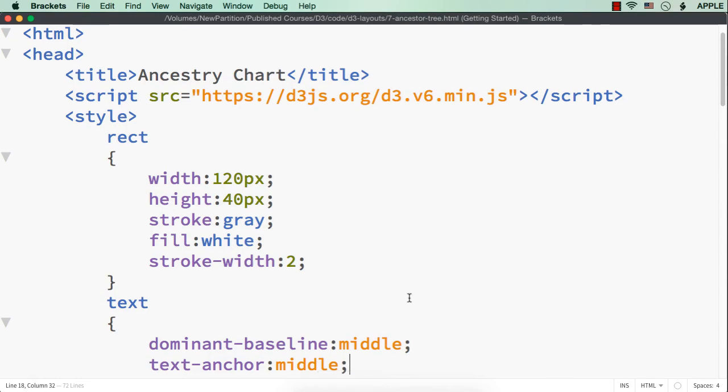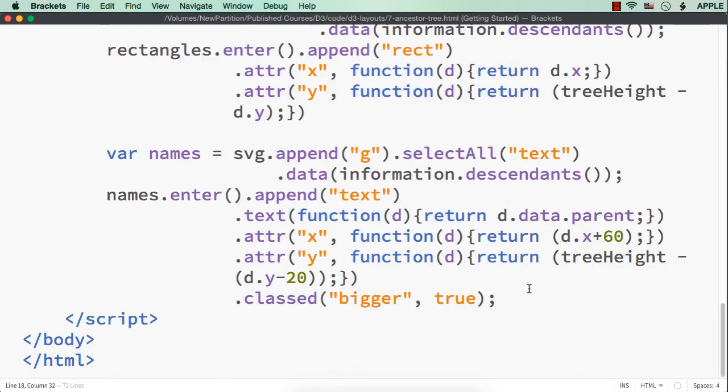So what we have done first, we have adjusted the x and y values to center it using the half of the rectangle's width and half of the rectangle's height. So 120 is the total width of the rectangle. So we have added 60 towards the right hand side, that is to position it at the center, and also the height of the rectangle is 40 px. So half of it means 20.